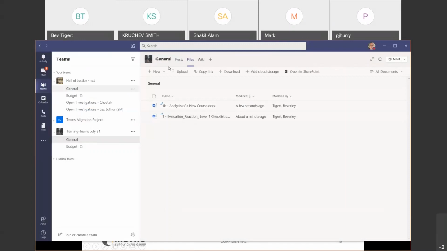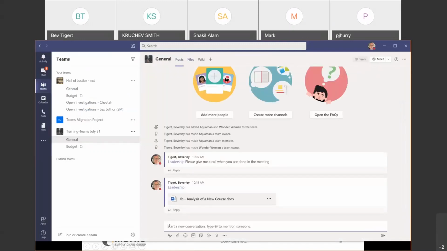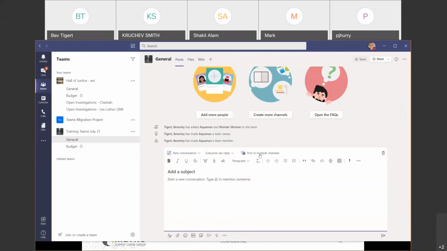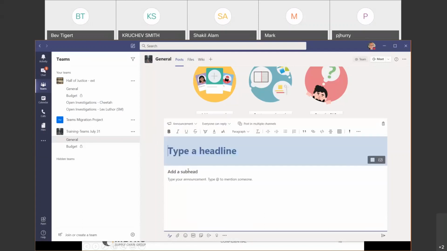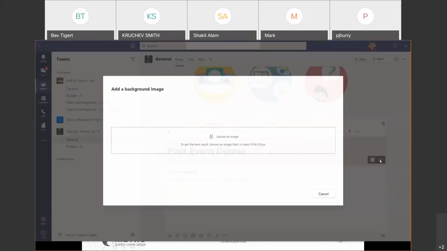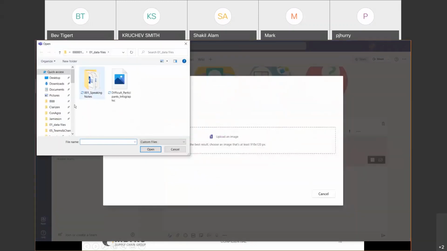One thing I want to show you in post that's a little bit different than in chats, if you go down to your compose box and we click that best practice, right? It's clicking on that A. We have different ways now that are adding to our chat capabilities. So a new conversation, or it can be an announcement. When you do an announcement, it could be post-event dinner. I can change the color by going over here, or I can actually change the picture and upload an image, depending on what you want to do and how fancy you want to get.